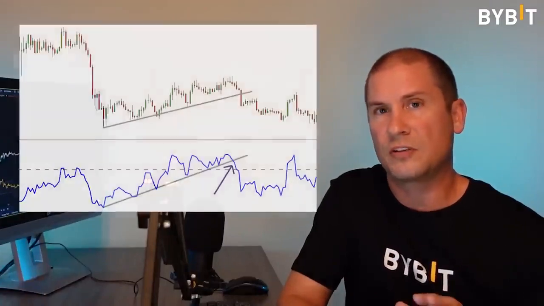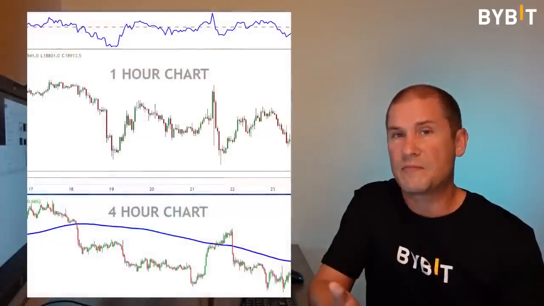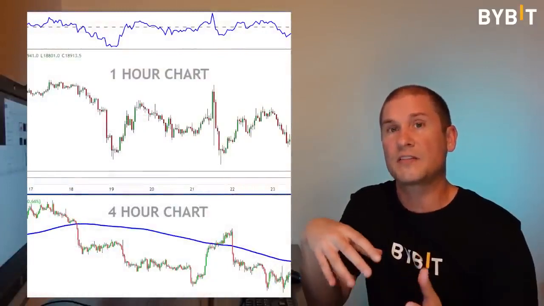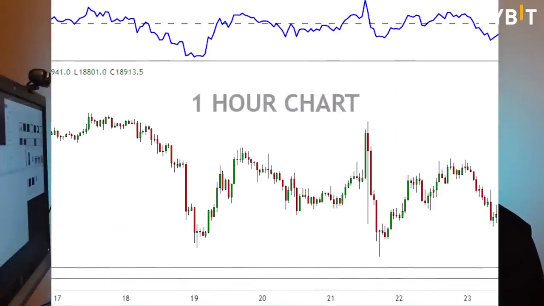That's where we could look at different patterns on the chart. We could look for trendline breaks within the RSI. We could also use a multi-time frame analysis, where we're identifying the direction of the trend on a longer time frame and then scaling down to a lower time frame, using RSI when it becomes overbought or oversold at that time. A strategy that I want to share with you for the rest of this video is with regards